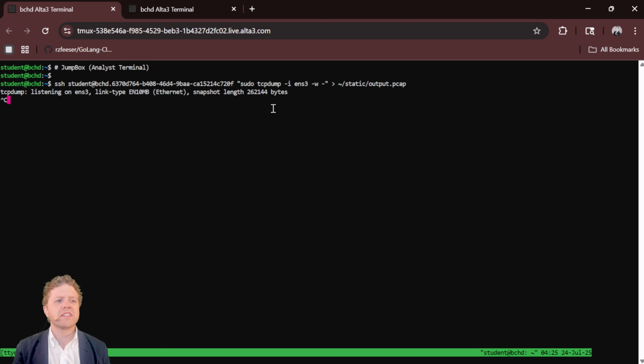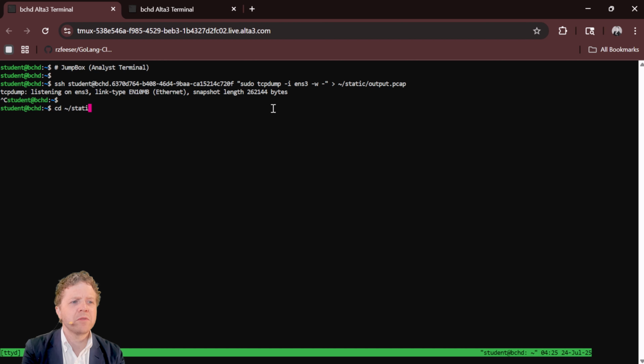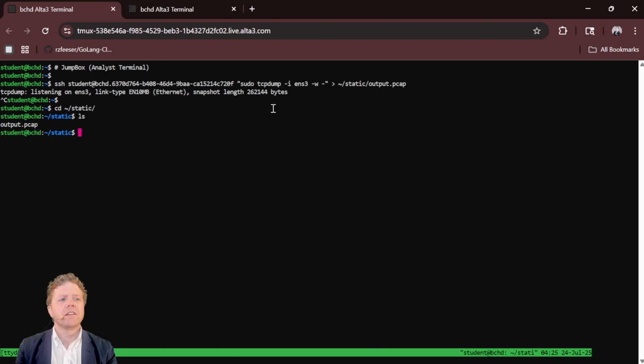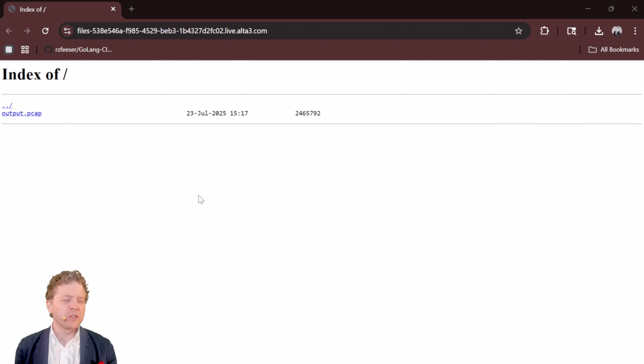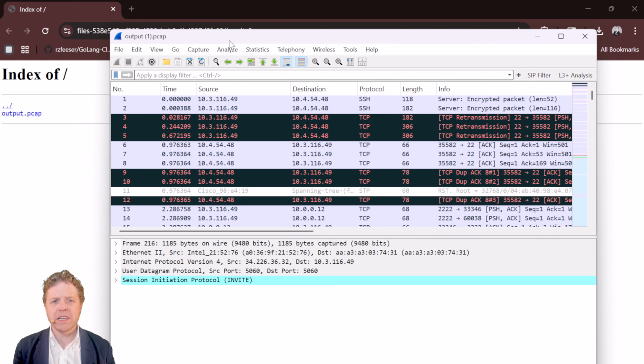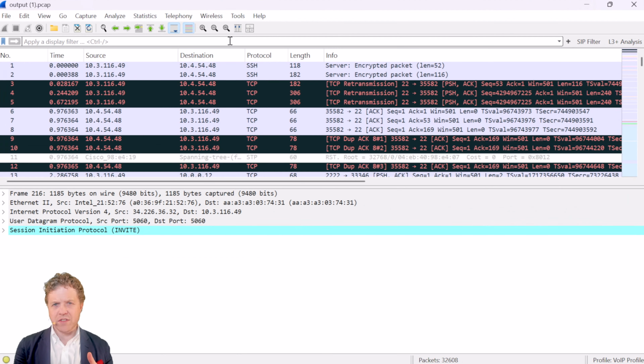I can Control-C and stop our trace. As far as where did we save it, we saved it into static. There is output.pcap. Gang, what we're looking at here is a file server that's set up to read the contents of that static folder, which is why you see output.pcap. If I click on it and download it, I can open output.pcap in Wireshark. Wireshark is for viewing, primarily for viewing. You can make captures with it, but like I said, it's GUI based, so we pretty much think of it as viewing captures that we create, usually with other tools like